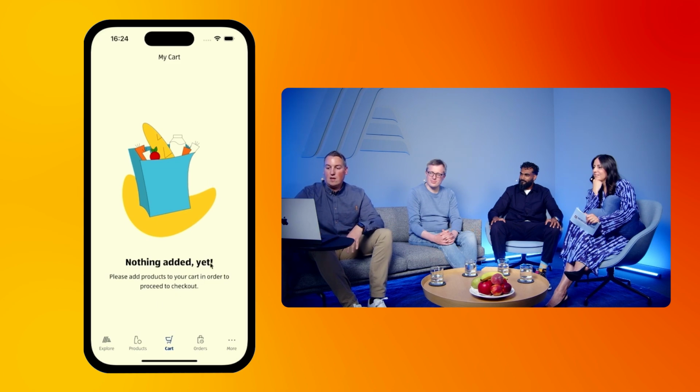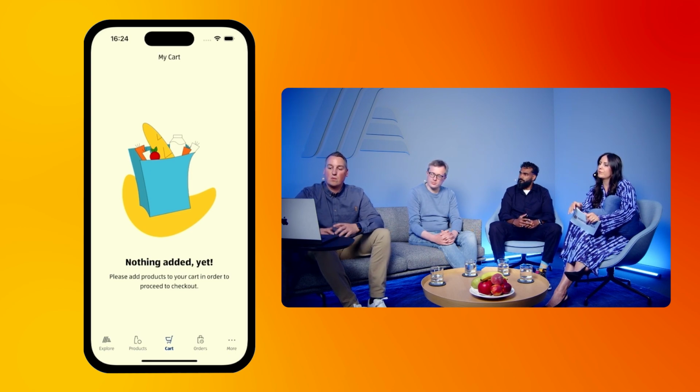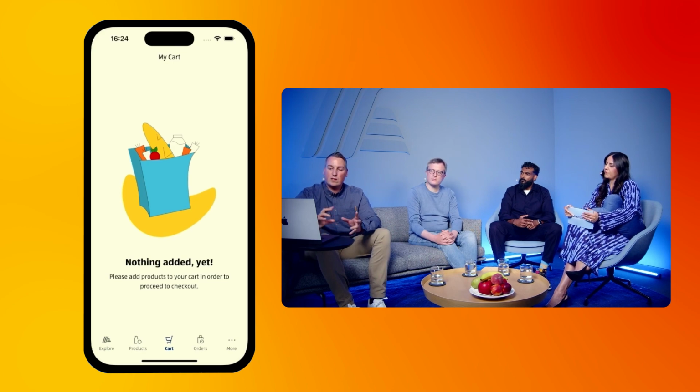My shopping cart is empty basically. Maybe one detail I would like to show you, because at Aldi we are also taking care of something which is called accessibility. So we try to create our apps in a way that everyone can use it, also people with impairment. And there are some tweaks we are doing to make our shopping experience as good as possible.